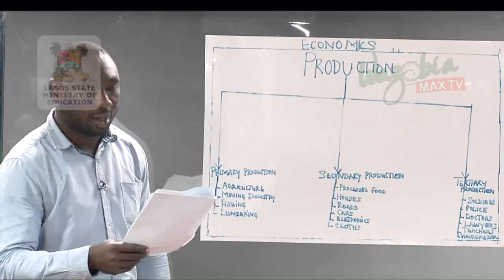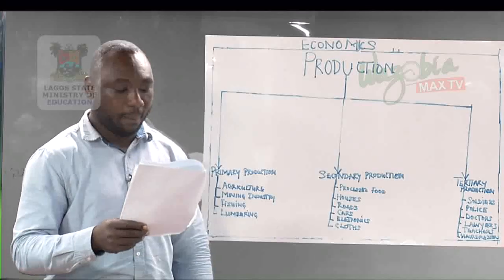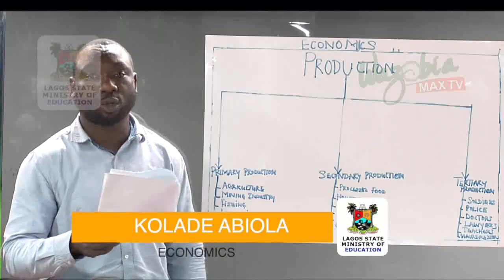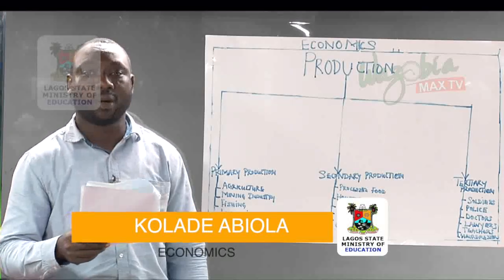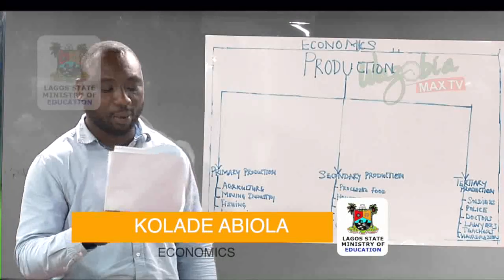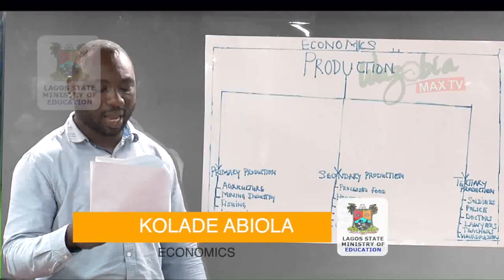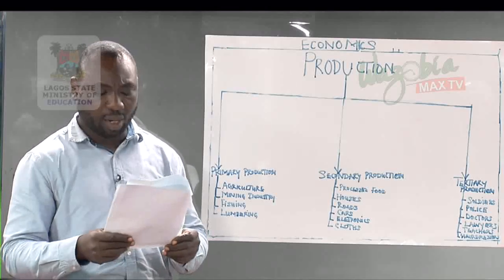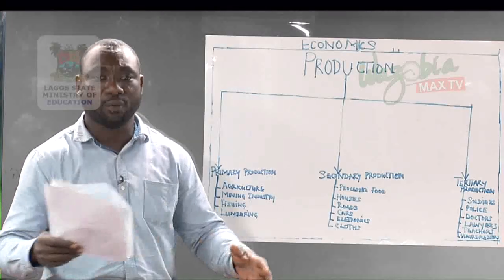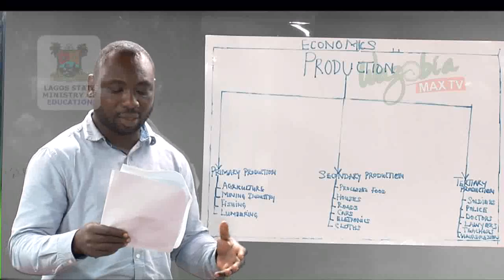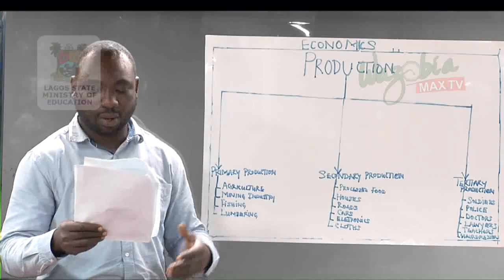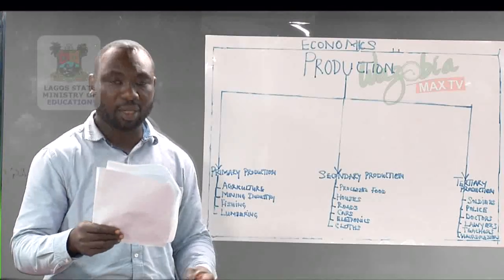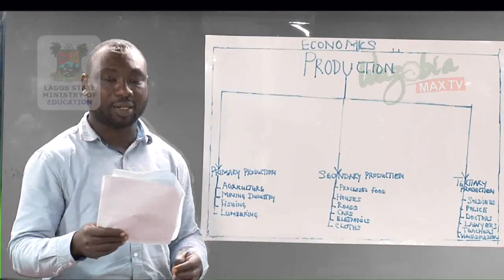All right. Welcome back. We have to continue from where we stopped, and that is factors of production. The factors of production involve land, capital, labor, and entrepreneur. What is land? Land refers to nature, resources, or the free gift of nature. That is what we are using for production, such as mineral deposits, farmland, and water bodies, and the reward for land is rent.